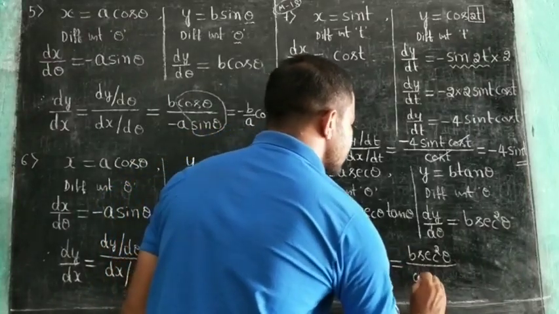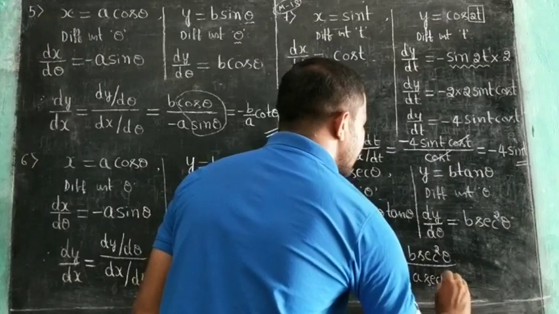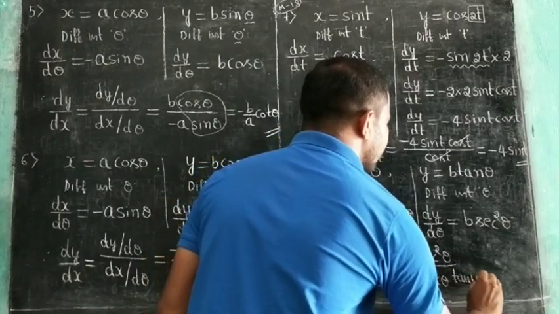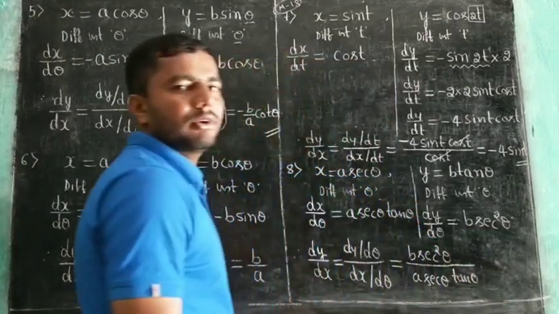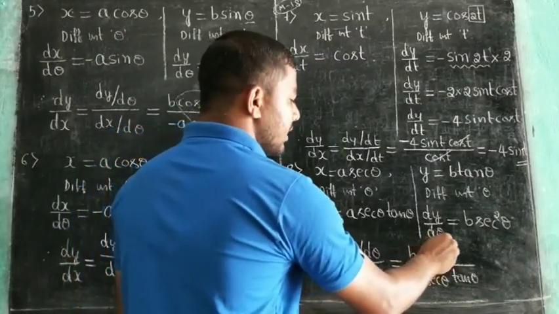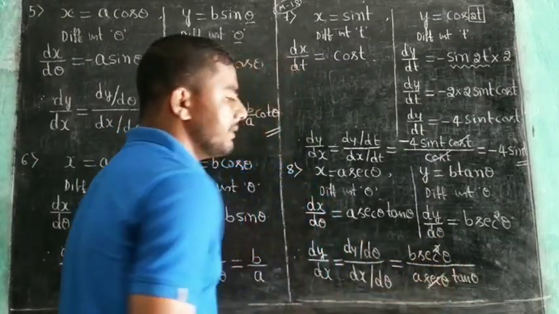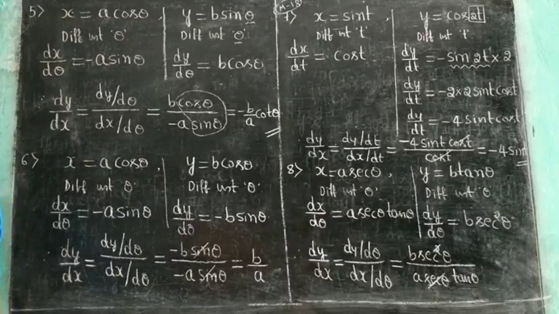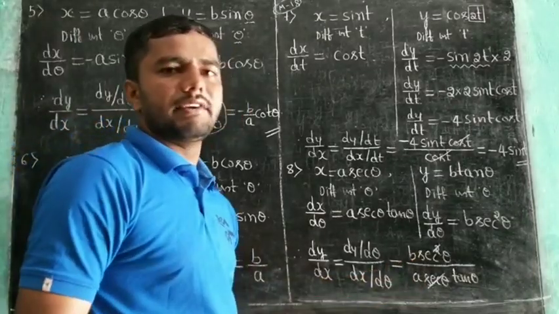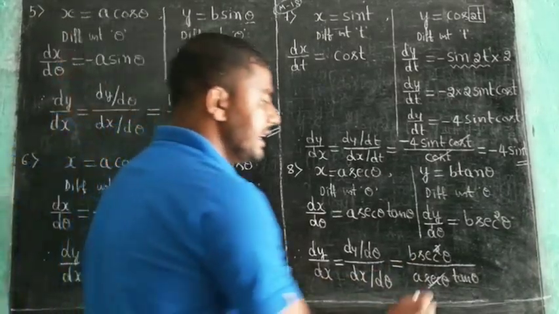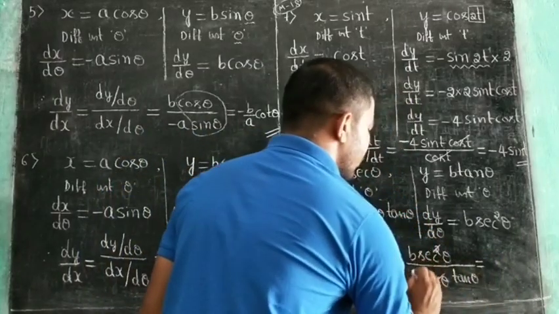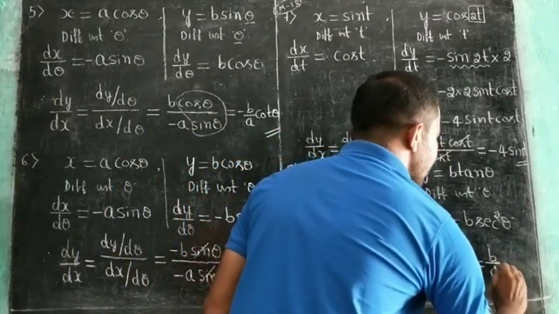Dx by d theta is nothing but a secant theta into tan theta. Here 1 secant and 1 secant will be cancelled. 1 secant is cancelled. The remaining thing is that value is equal to b divided by a into,